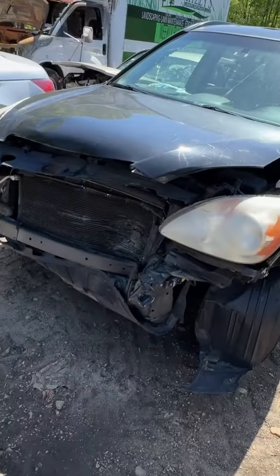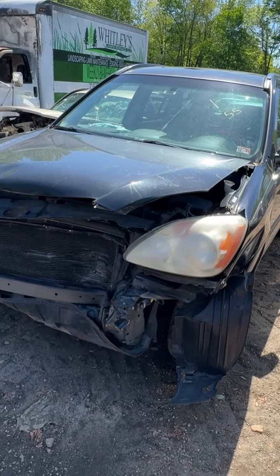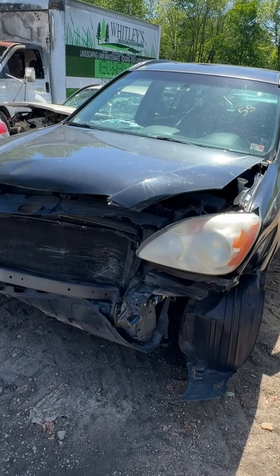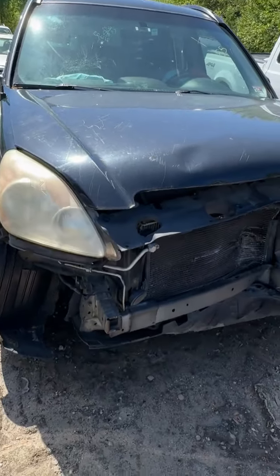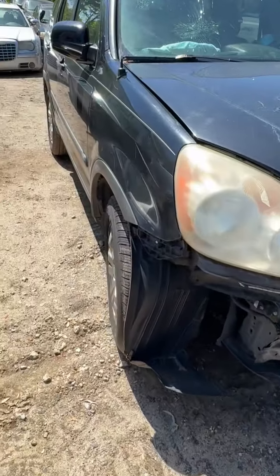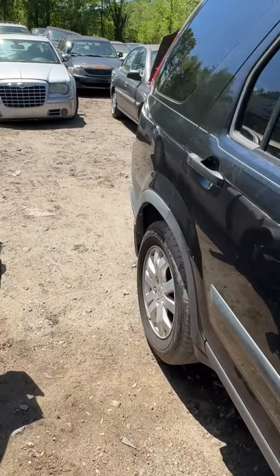Lot number 55, this is going to be a 2006 Honda CRV. Says we have a key on it. Will not start on this one. Does not run. We've got a cracked windshield. You can see the damage on the front end up there. It's pushed back in. Looking down the passenger side,